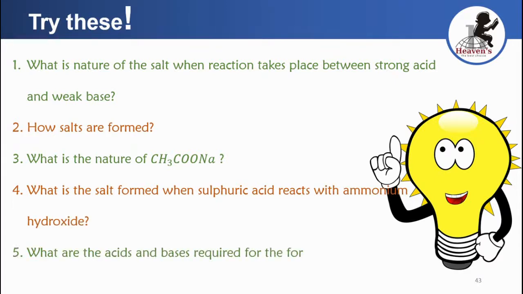Fourth one is, what is the salt formed when sulfuric acid reacts with ammonium hydroxide? And fifth one is, what are the acids and bases required for the formation of NaCl? All these questions can be answered by observing the previous